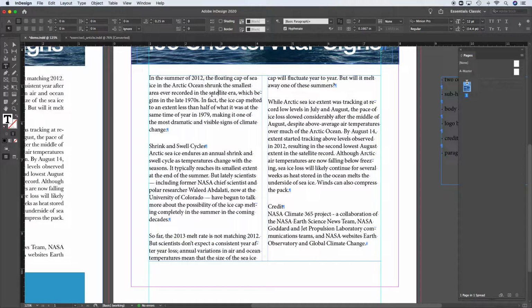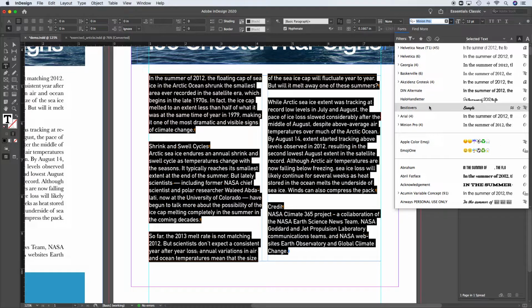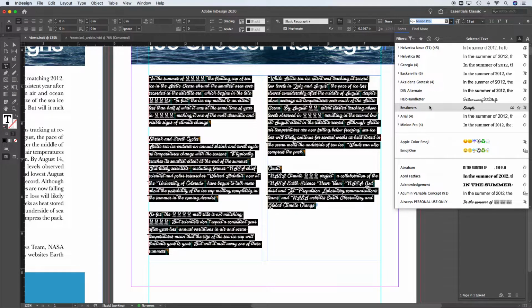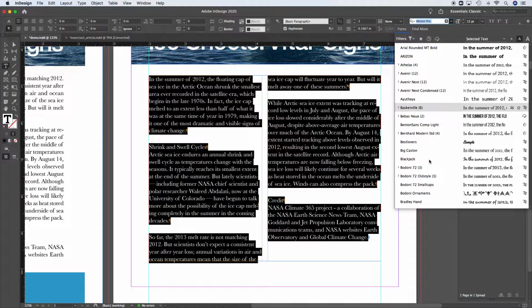But I'm going to just click in here again and do a Command A to select all. And I'm going to choose Baskerville, which is one of the typefaces that I gave you. And again, if the typefaces I gave you aren't working on your specific computer, maybe you're on a Mac or something, you can download similar typefaces. You can even work with Minion Pro. It's a great typeface for body content. So Baskerville